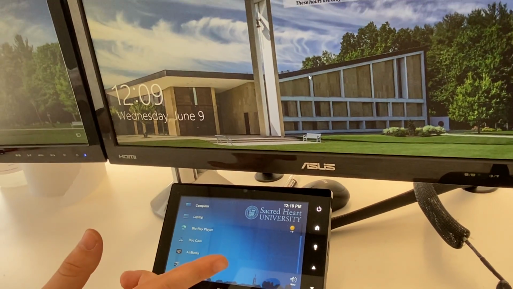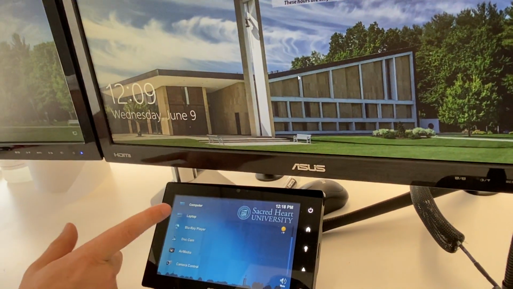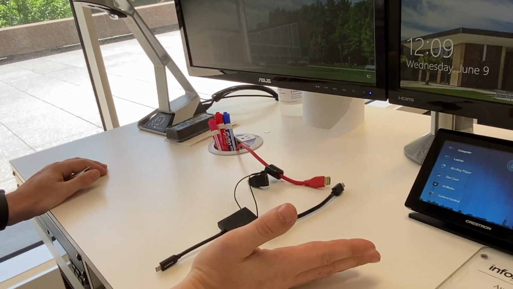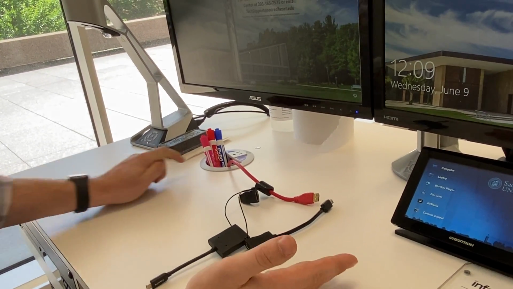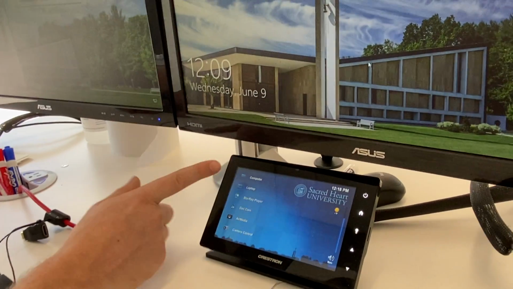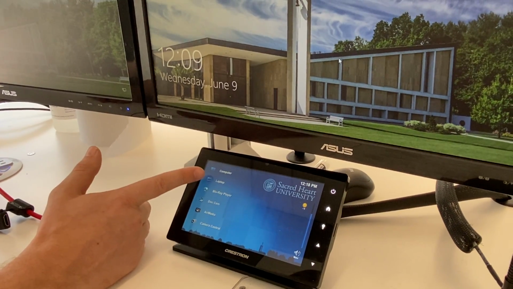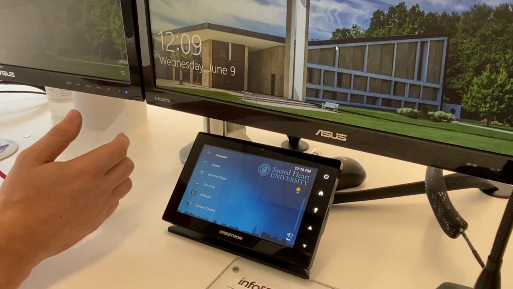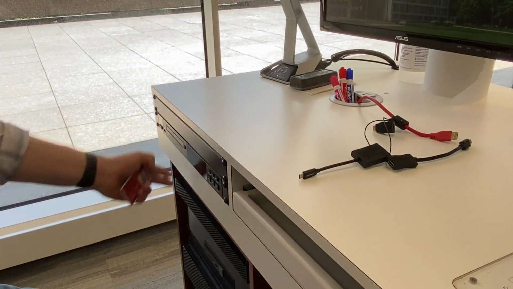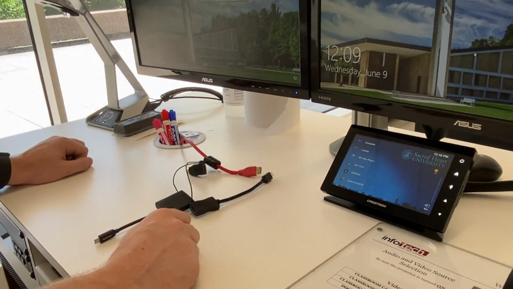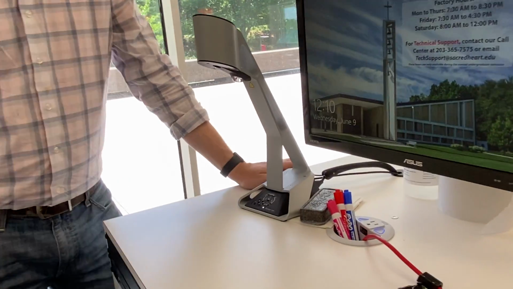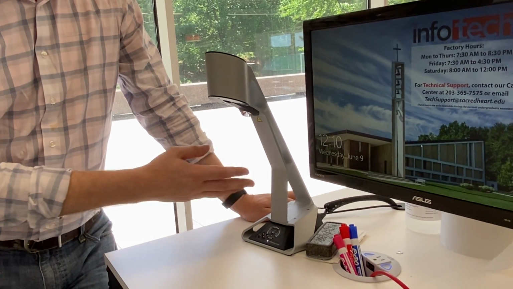If the professor wanted, they could bring their own laptop and connect it here. We have all sorts of adapters for various computers, whichever ones you may need, and then a charging port for your computer. So you can select, I want to project from my laptop, I can do that. I can project from the computer. We have a Blu-ray player in-house, down here, that allows you to play videos if you need to. There's a dot cam, one of those nicer dot cams that allows you to zoom,